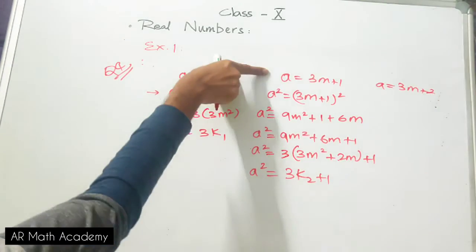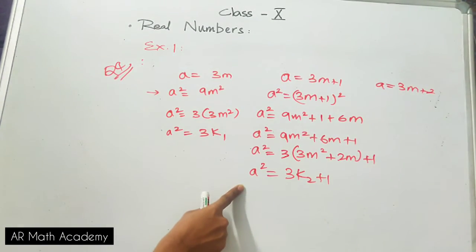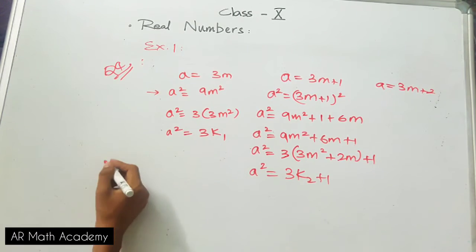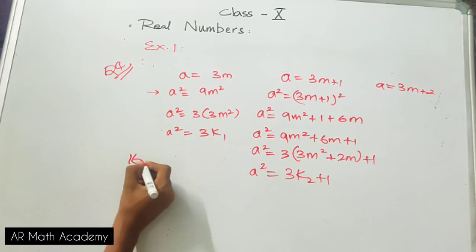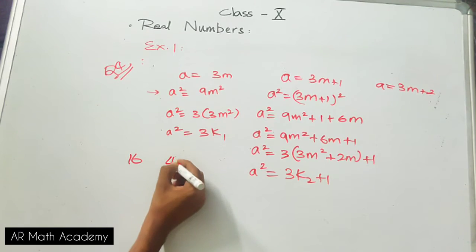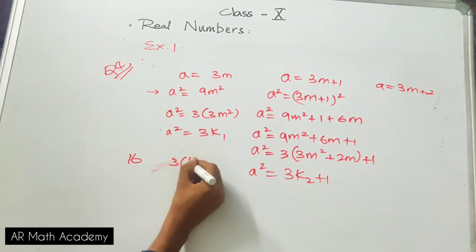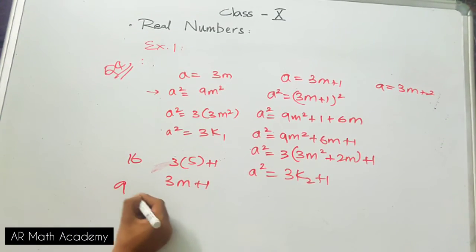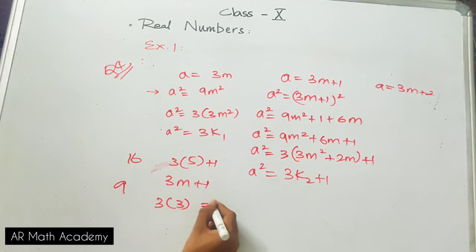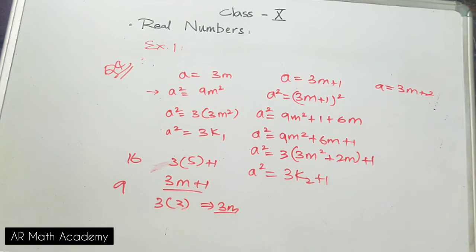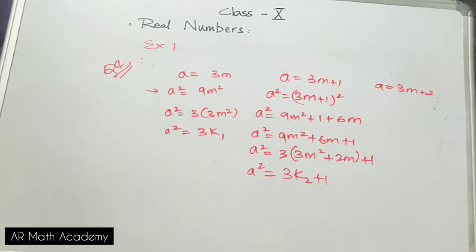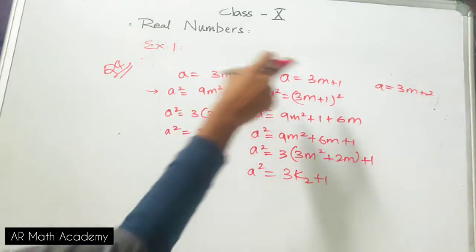But we are showing that a is on the LHS and a square is on the LHS. So we are just showing that however we square it, we obtain a similar equation where we get the square number. Like I showed you in the first case, if you take 16, it can be represented as 3 times 5 plus 1, so 3m plus 1, where m is 5. Or if you take 9, it is 3 times 3, where m is 3, so 3m. We use either of these two forms to represent these square numbers. So basically we are bringing all these equations after squaring to the same form.